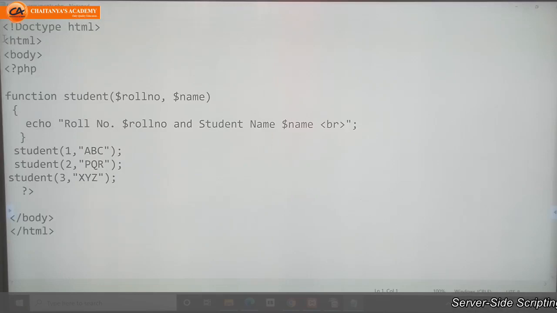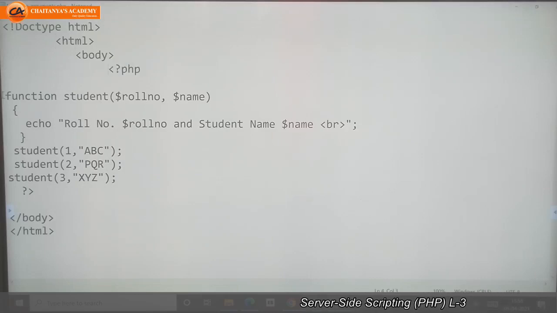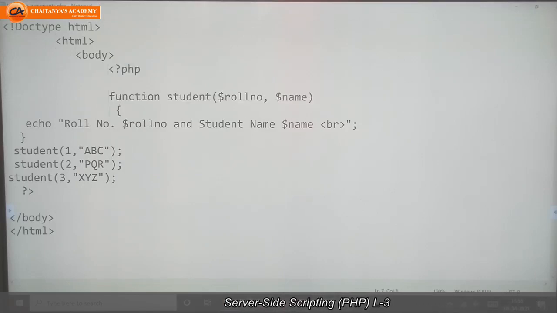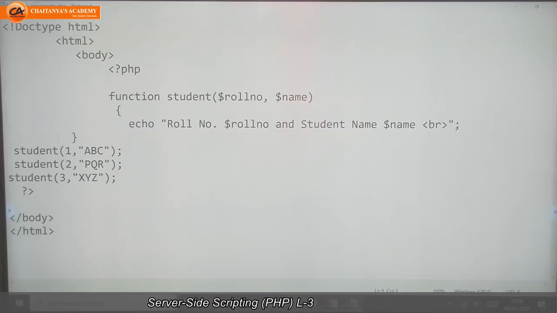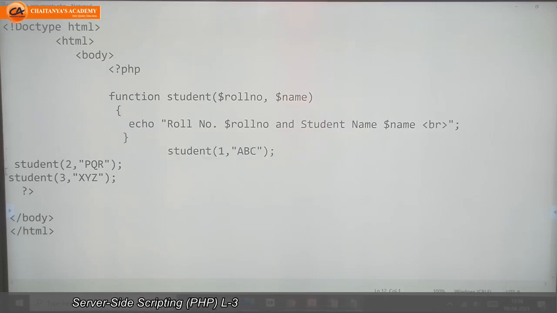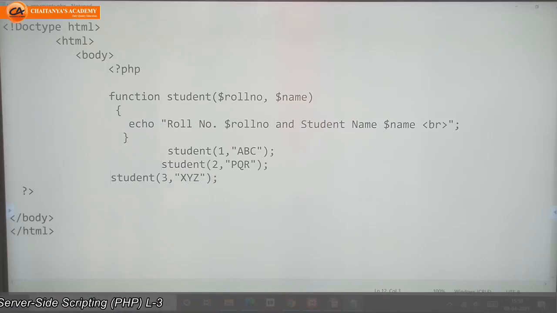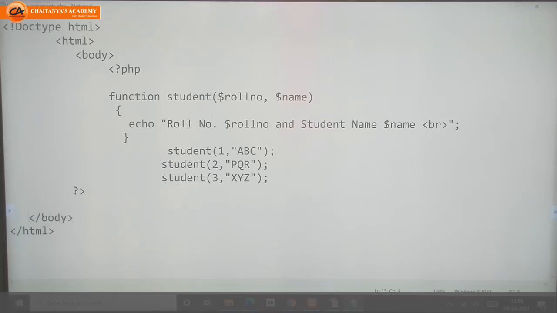See here, one function I wrote, that is student, with opening and closing brackets, and inside the brackets I passed some parameters or arguments. We'll see that later. First we will see how to write a simple function.